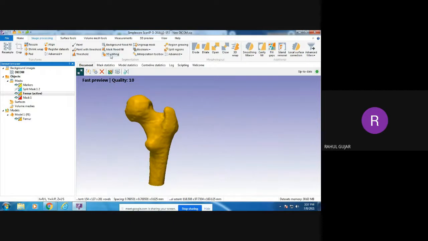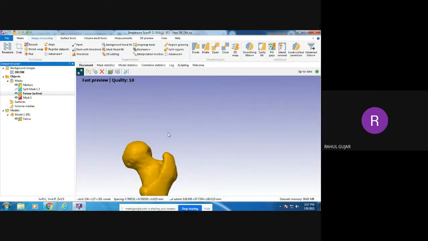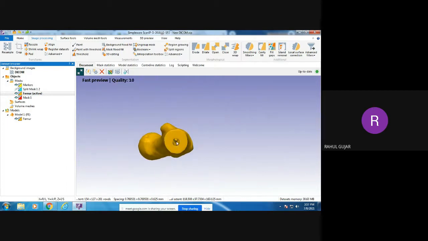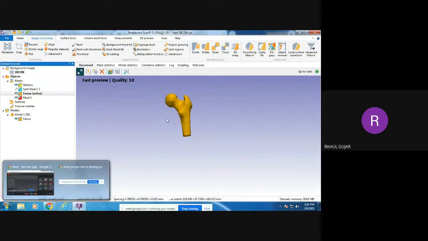So 3D editing is the option for making some changes to the 3D model as and when you require. If you want the complete model to be a solid model, then you can fill the same material here, but we know that the bone is not completely solid. It has bone marrow inside it, and therefore we have created that hollow bone material here.